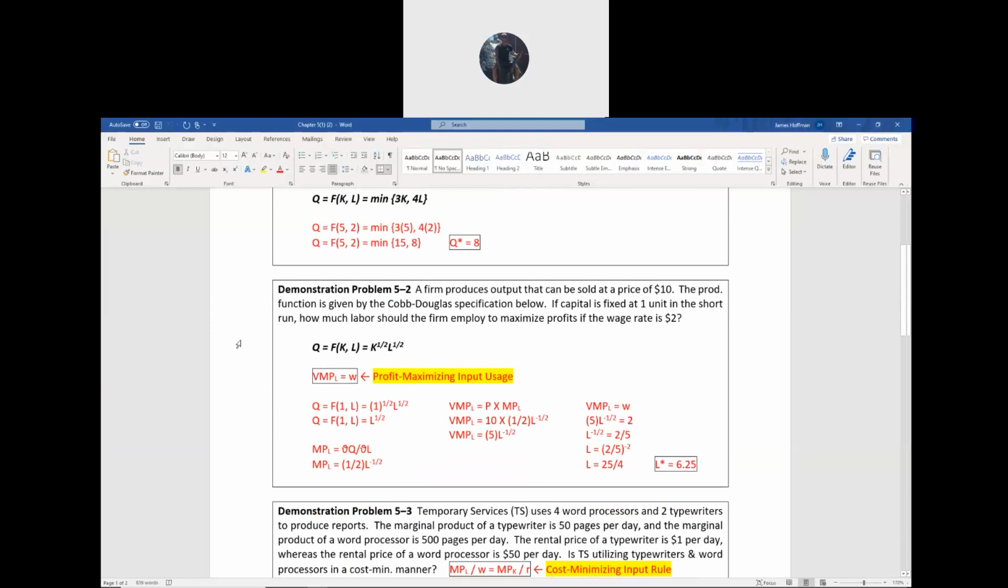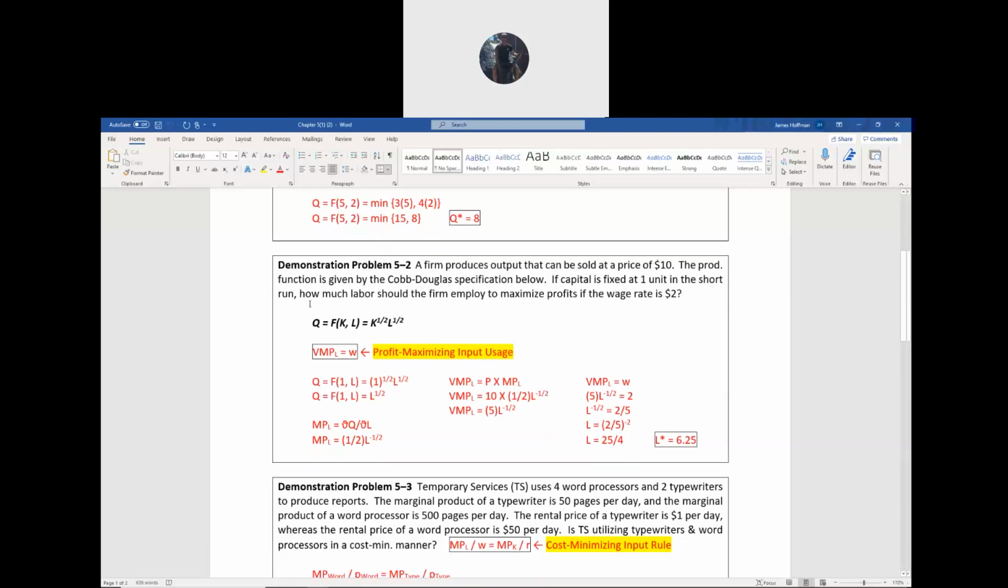Okay, demonstration problem 5.2. A firm produces output that can be sold at a price of $10. The production function is a Cobb-Douglas below. If capital is fixed at 1 unit in the short run, right? So in the short run, capital is not going to change. The question is how much labor should the firm employ to maximize profits if the wage rate is $2? So we got a lot of information,